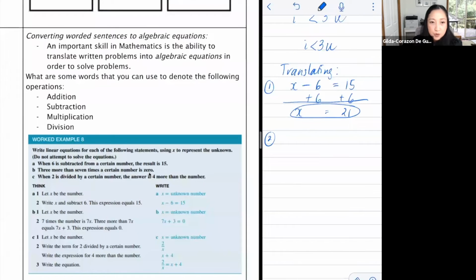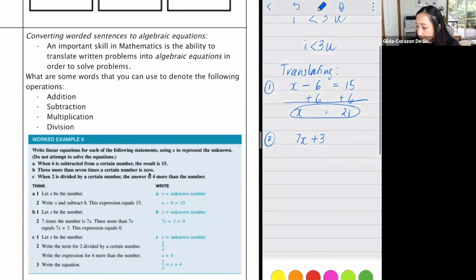So 3 more than 7 times a number. So you don't write 7 times X, but what we learned in algebra is that when it's multiplication, we just write one after the other, making sure that you write numbers first before the letters. So 7X plus 3 gives us